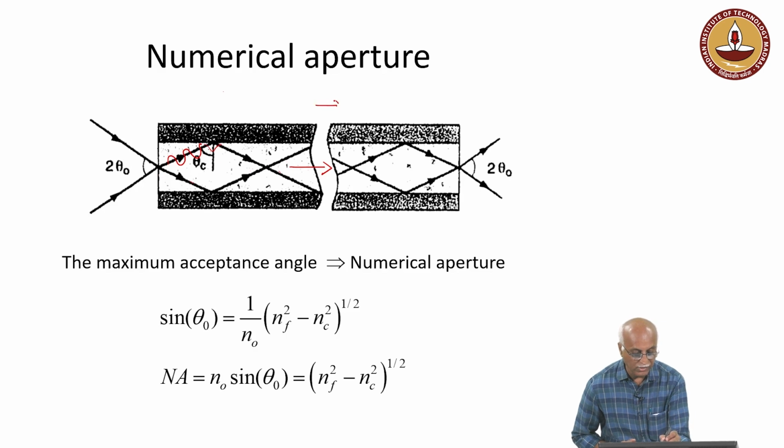Let us say this is the Z propagation direction through the optical fiber. Although the electromagnetic waves are traveling in this direction, at an angle theta with respect to the normal of the incident,